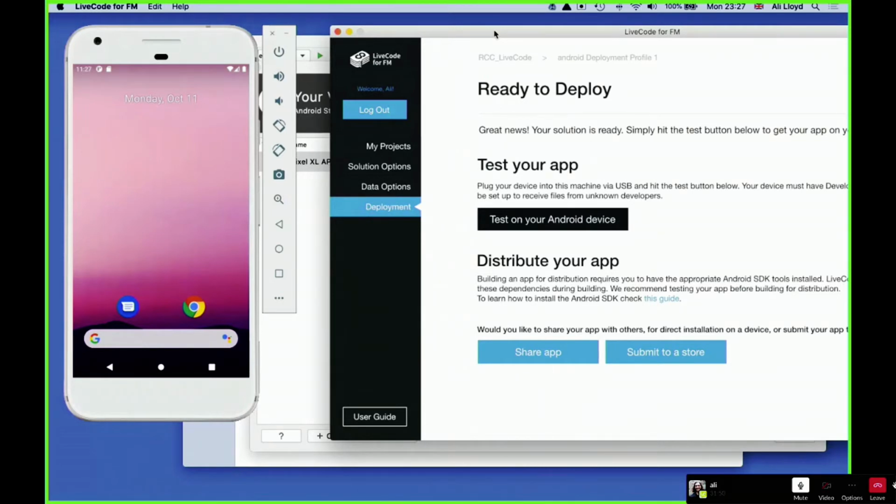In terms of layouts and things, we haven't seen a solution big enough. I don't think the amount of layouts and things like that are too large for a mobile app.